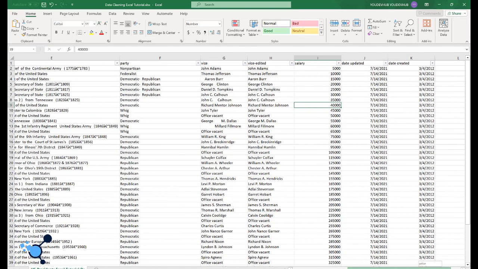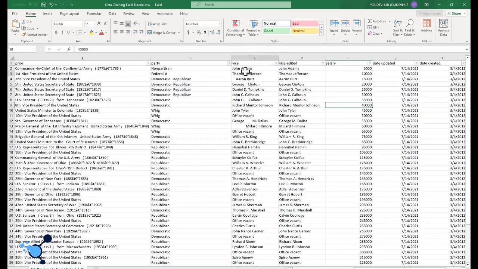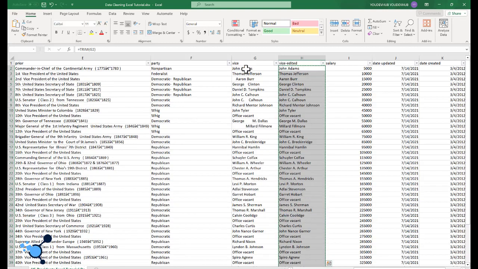Now, we have to prepare this data for upload. We can see that places where we have this vice and the vice edited, we can't leave it like that, we have to correct it and have only one value. So to do that, we want to copy this. We'll click on it, Ctrl Shift Down to highlight all, Ctrl C to copy, and when we come here and we want to paste, if we paste it directly,